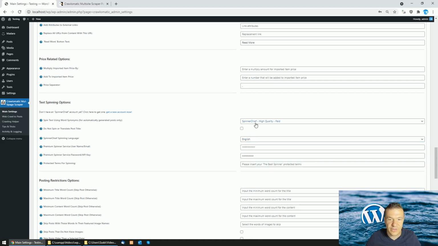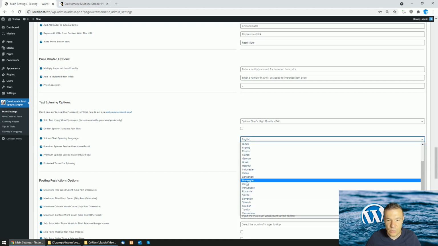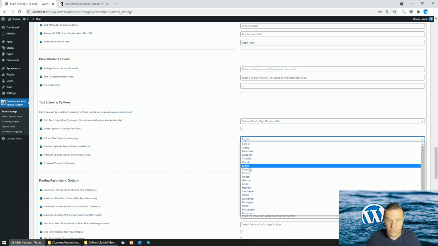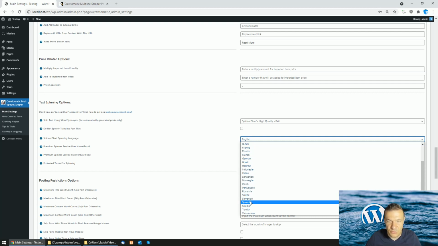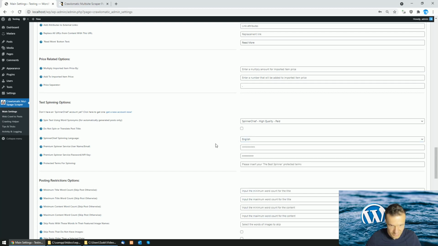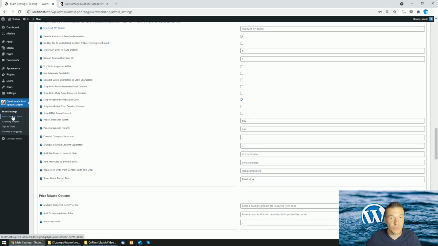After you select SpinnerChief, you should enter your username and the password in this field. Afterwards, you can set the language which you wish to spin. You will have many languages. You will be able to select from Finnish, French, German, Greek, Hebrew, Polish, even Portuguese, Romanian, Turkish, Spanish, Vietnamese, and even more. So select the language, save settings from below, and you will be able to create new rules